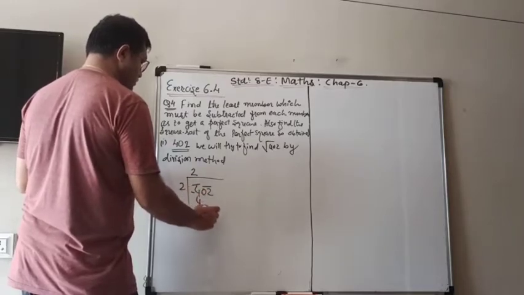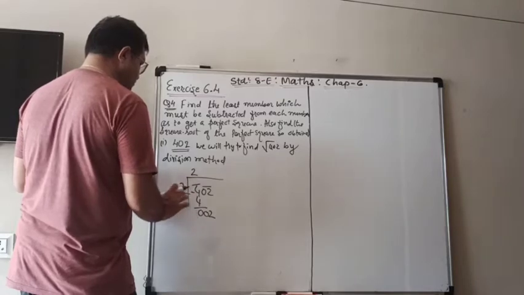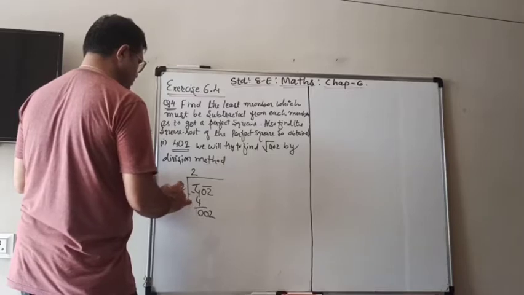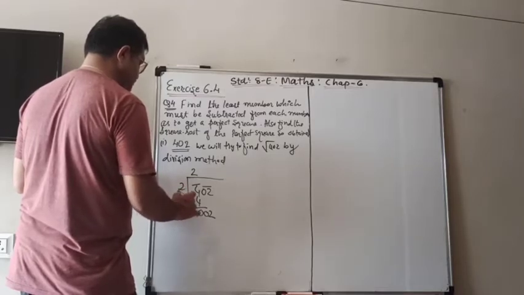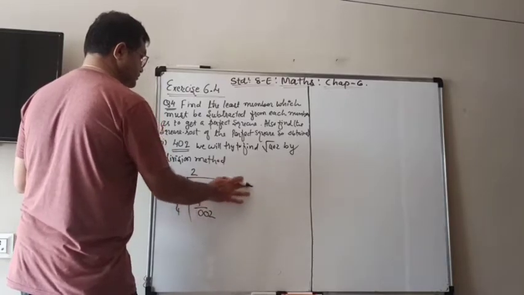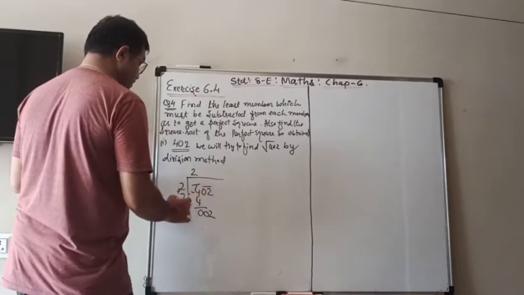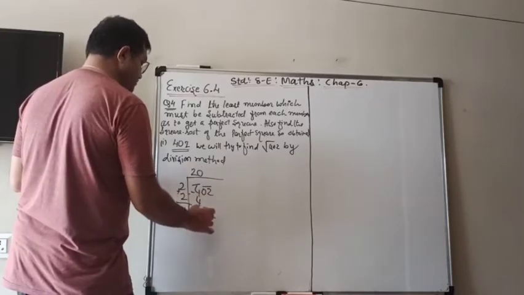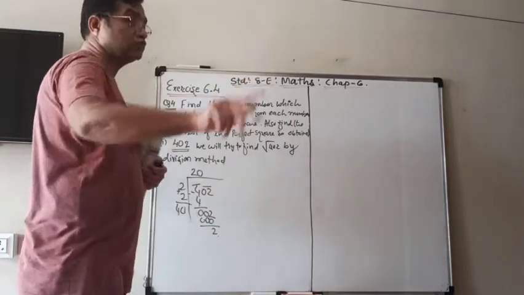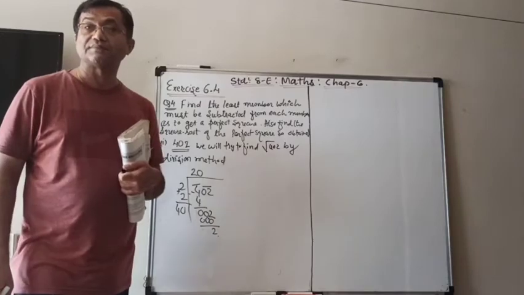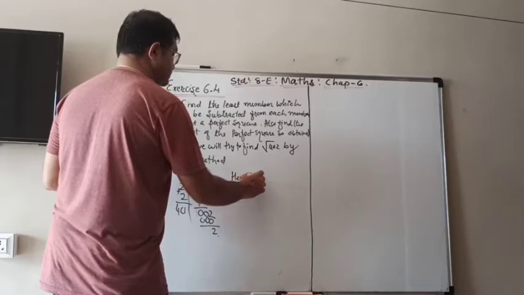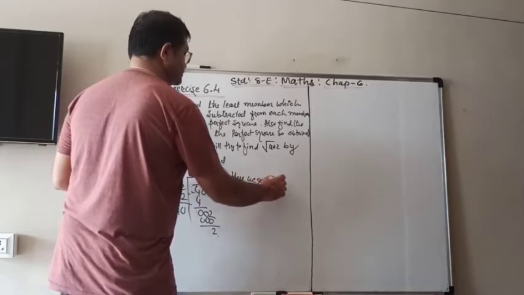So now 1 1s are 1, 2 2s are 4, so you can use 2 2s are 4. Now the 02. Here, if you add 2, then 2 plus 2 will be 4. And if you put 41, 1s are 41 also, not possible. It means that here we have to put 40, 0s are 0. It means that you will have 2 as a remainder. So here we get remainder 2.